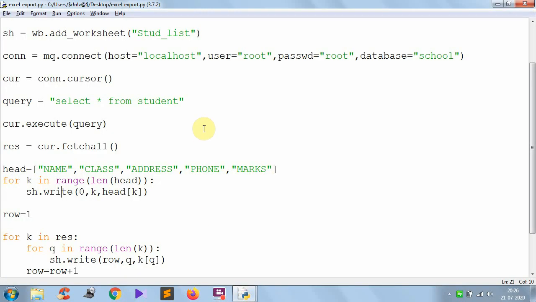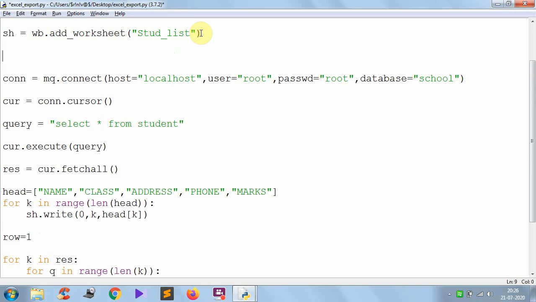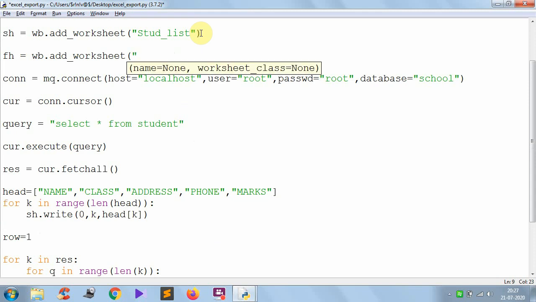So for this, I have to create another worksheet. fh equal to wdb dot add underscore worksheet, and here I'll write failed list, and here I am renaming as the passed list.